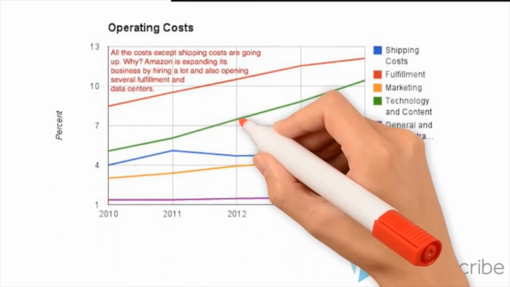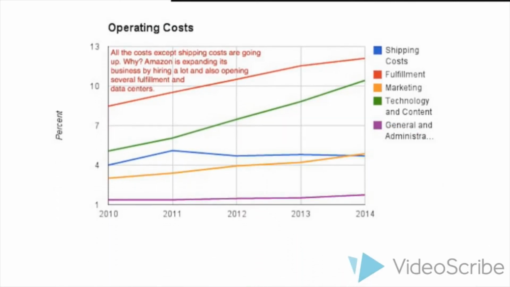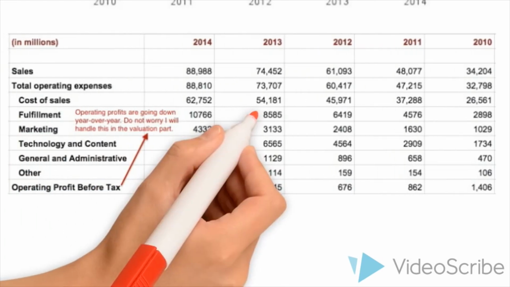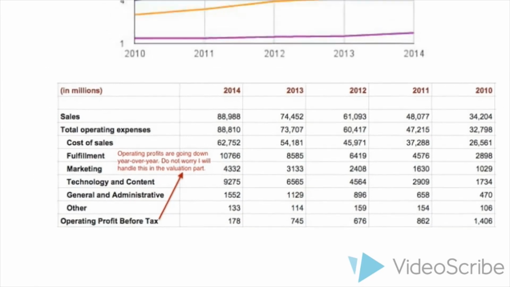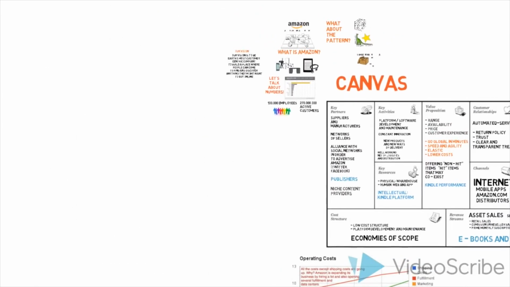In the following graphs, we can see some information regarding these costs. In the first one, the development of the cost through time can be seen, and the evolution of Amazon is present. In the second one, we supply some numeric data about Amazon's costs, where we can see how through time, Amazon's costs have gone up in a similar proportion to how sales have gone.